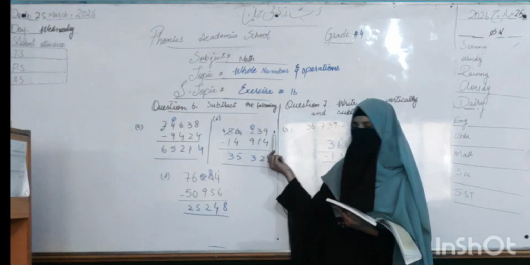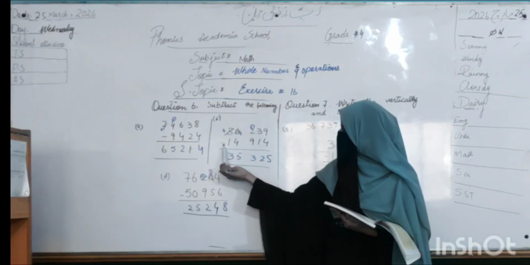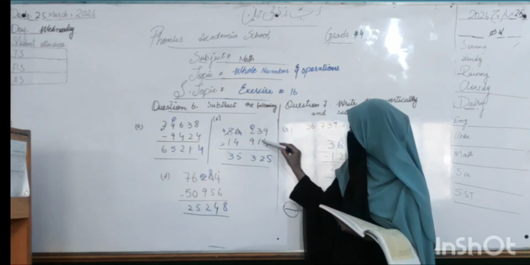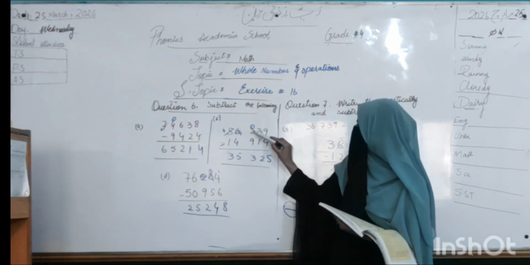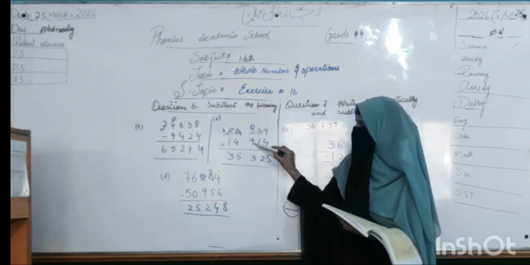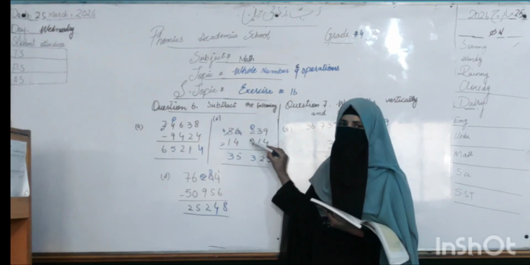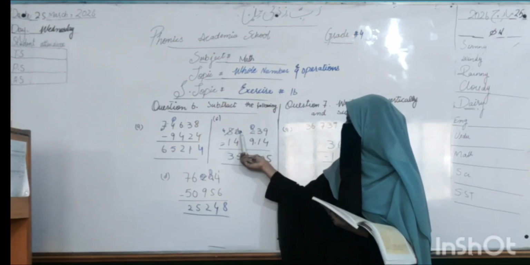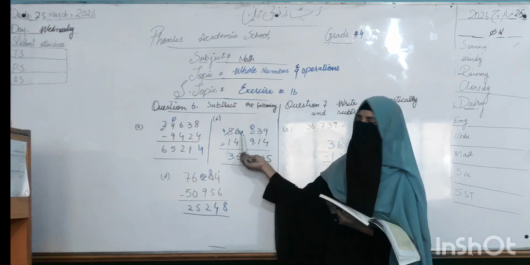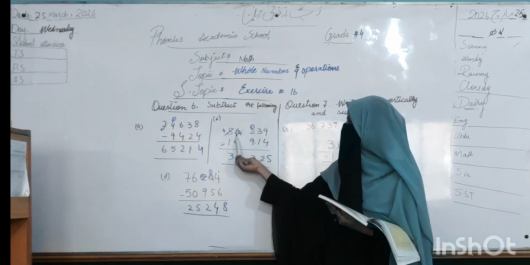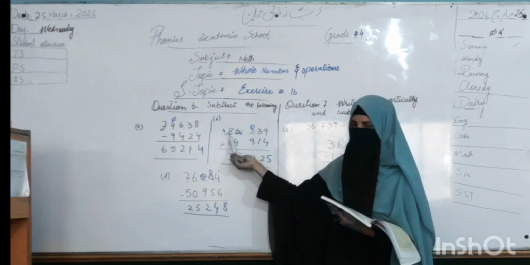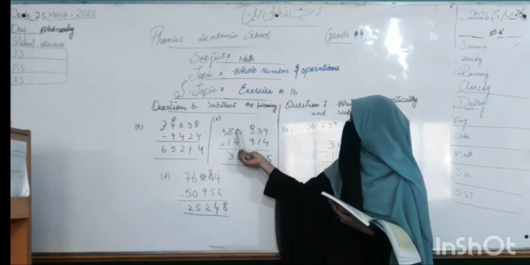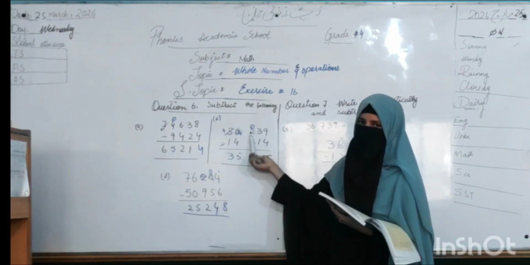Okay, question number C. Start from your right side. The operator is subtraction. 9 minus 4 is equal to 5. 3 minus 1 is equal to 2. Next is 2 minus 9. You know that it is not possible in this condition. It means that you have to take a carry from the next term. But this term is a 0. So it takes a carry from 5. When 0 takes a carry from 5, it makes a ten, and the ten gives a carry to the 2.